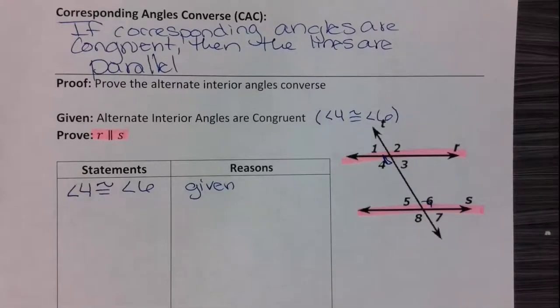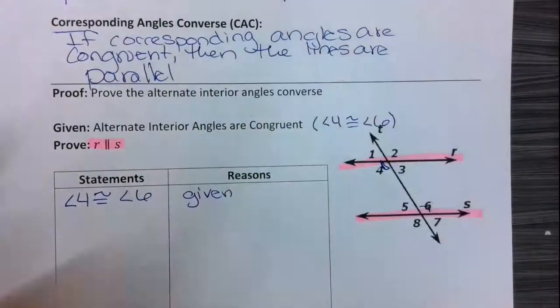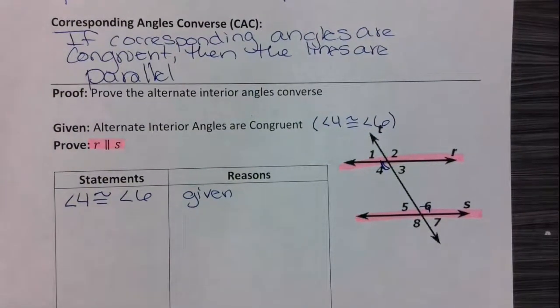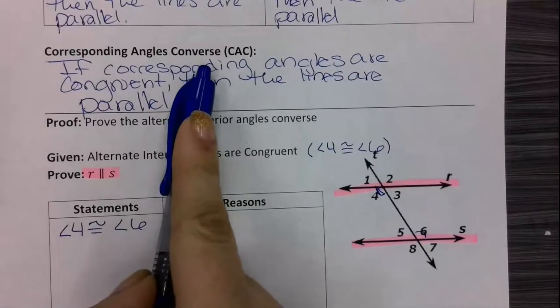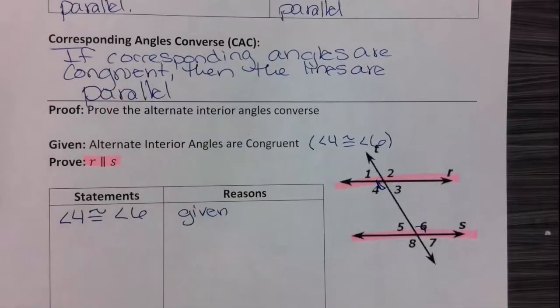So what do I know? What kinds of things do we talk about up at the top of the page that I can use? I can't use the alternate interior converse because I can't use what I'm trying to prove. But then I have to get to exterior angles. So, thinking back to what we just talked about, I can use corresponding angles, I just need to get there. Okay? So I am going to say,